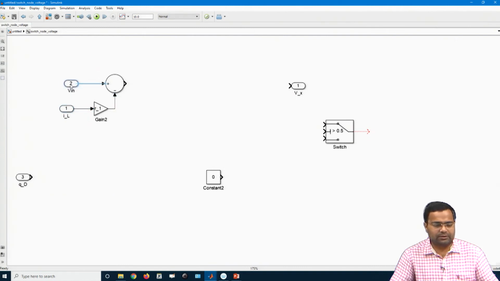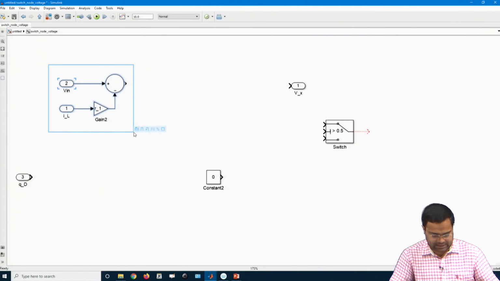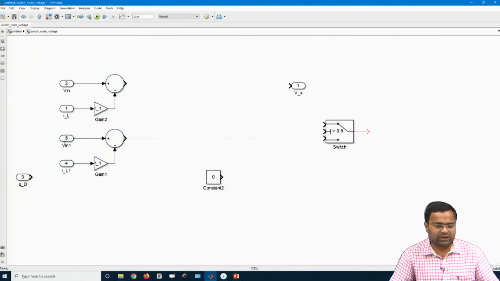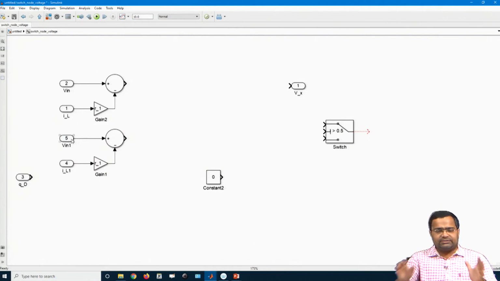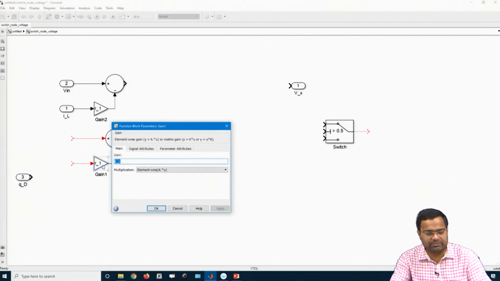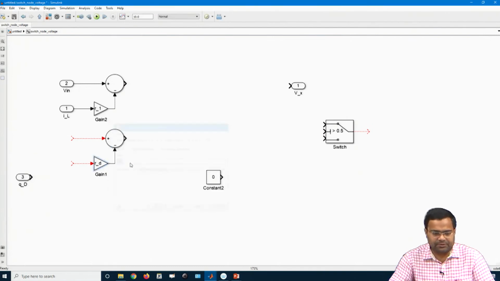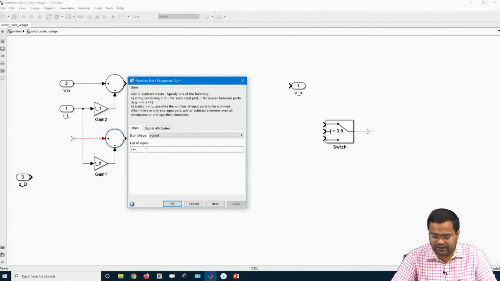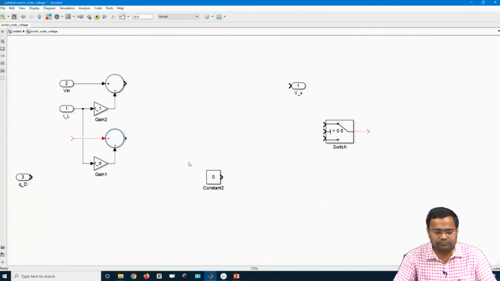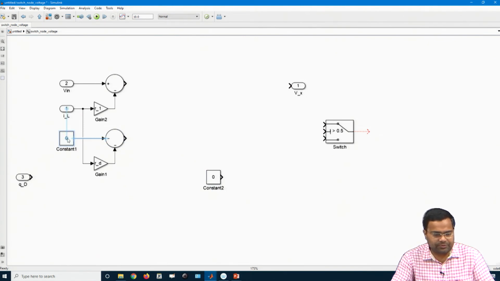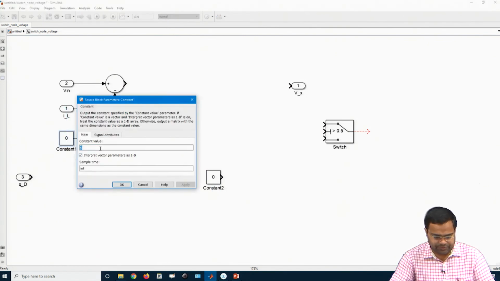The other one I can take is minus Vd. This is my Rd, the diode resistance multiplied by the inductor current, and this diode drop, all are negative. So, the constant is my diode drop, simply V underscore D.